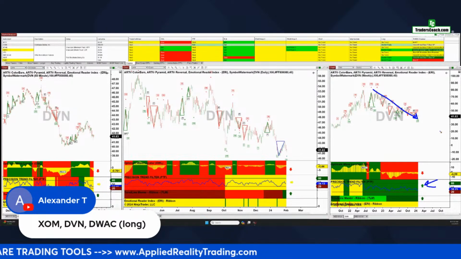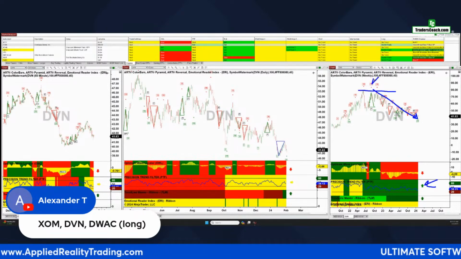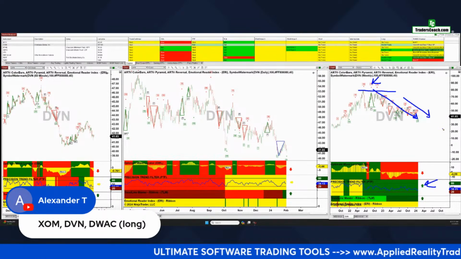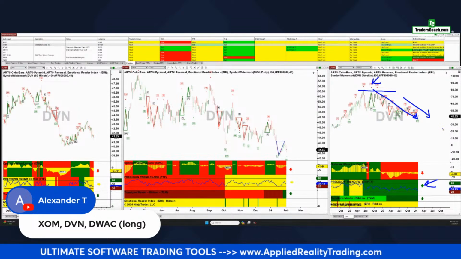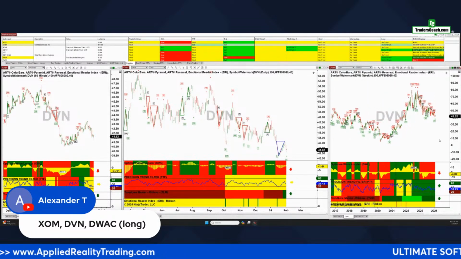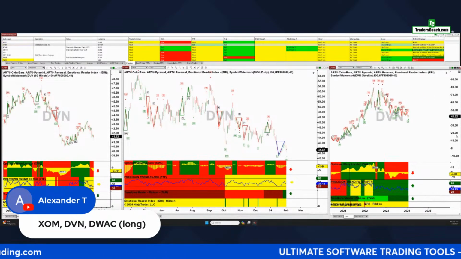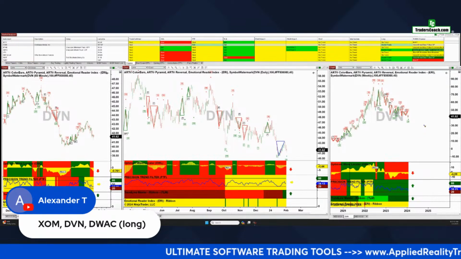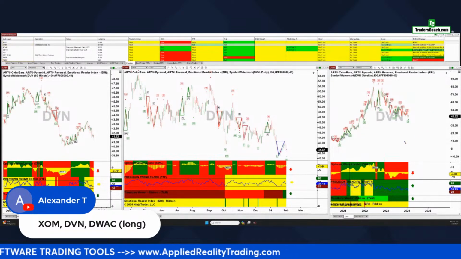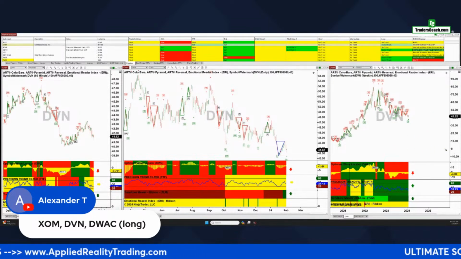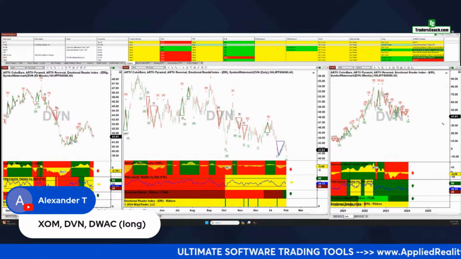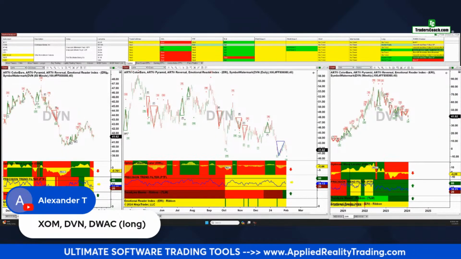When they say that, it's because they don't really understand what the PTF is doing. The PTF is indicating that this high is not the final high, that any move down off the high is a profit-taking wave, okay? The PTF does not know how deep or how long the profit-taking wave is going to be. So the next thing you have to do is use other forms of analysis to determine when the move down is over. Of course, we use the ART system and all our indicators and Elliott wave and fib retracements to get an idea on when a profit-taking move should end. That's how you've got to approach it.